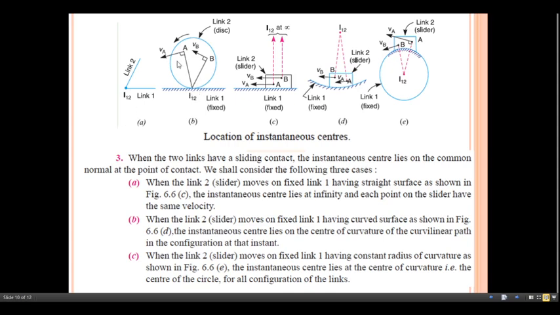In this case, when a circular part rolls on a flat surface, the instantaneous center lies where that circular portion comes in contact with the flat surface. So here is the instantaneous center. Link number 1 is here, link number 2 is here. Link number 1 we consider as the fixed link, and link number 2 is the disk. When that disk comes in contact with that particular point, we get the location of the instantaneous center here. In the previous case, we found the intersection of both links, and that was the point for the location of the instantaneous center.